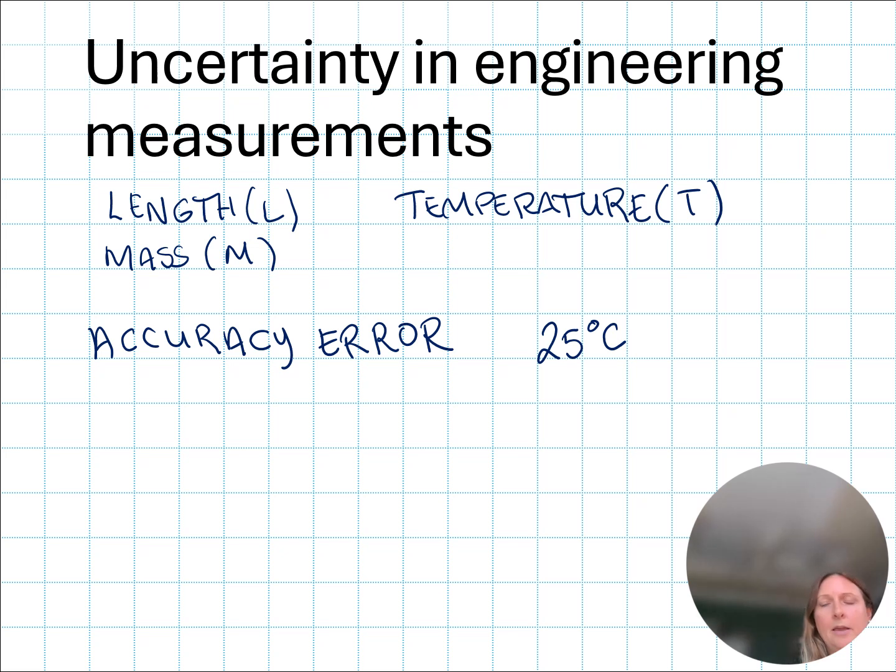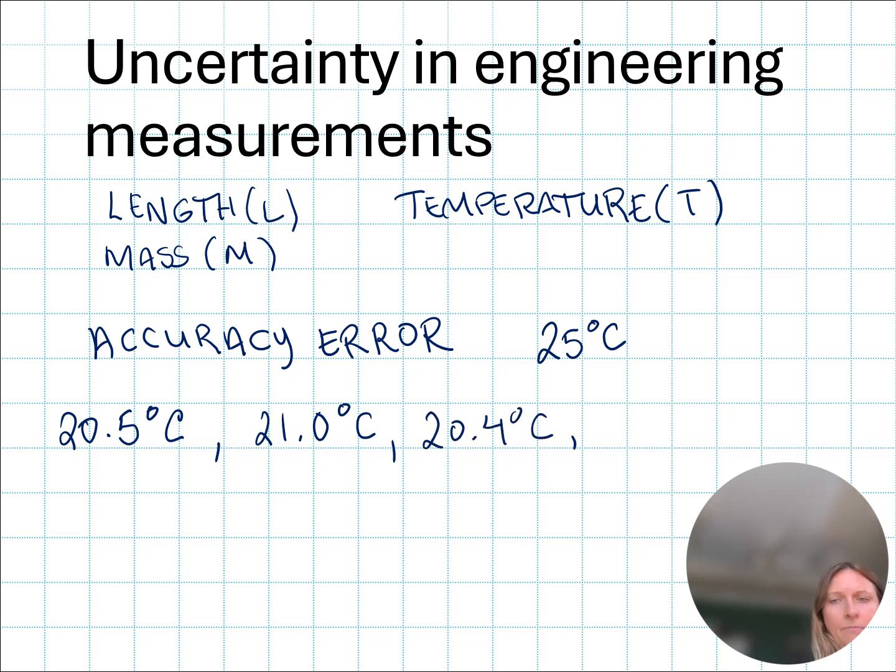I would take a measurement 5 different times, and I would measure the first time, let's say 20.5 degrees C. Time number 2, I record 21 degrees C, then 20.4 degrees C, 20.7 degrees C, and a final time